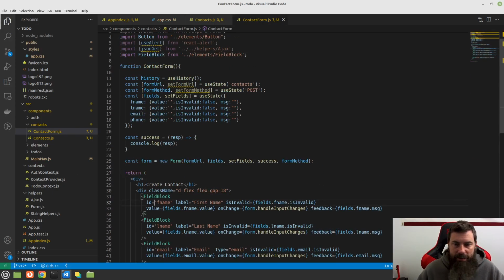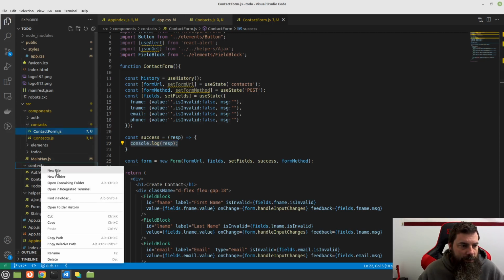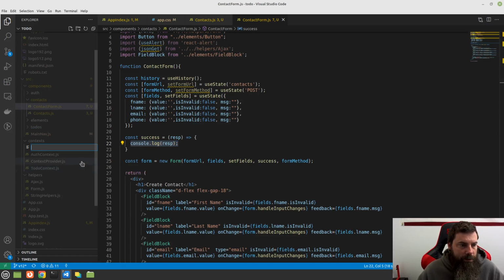Now, on success, we want to do a couple of things, but we're not quite ready for that, because what we want to be able to do is when we click on success, we want to be able to like forward, and we want to do our dispatch updating through a reducer, but we haven't created any of that yet. So we need to go ahead and create some context. So let's go over here and go to your context folder here and create a context